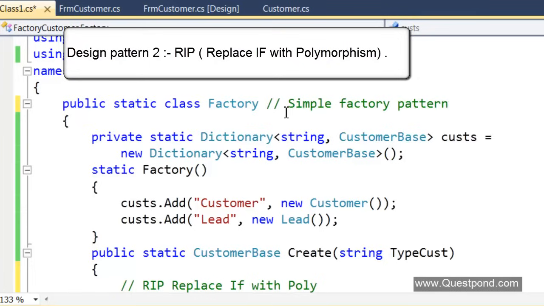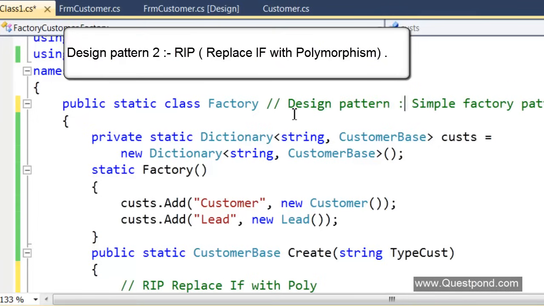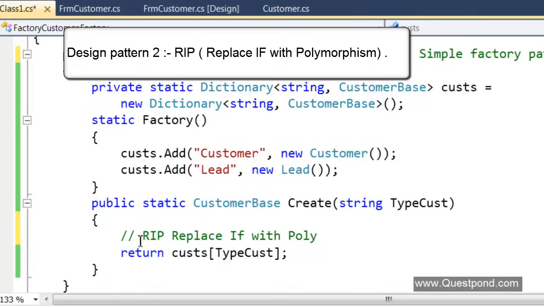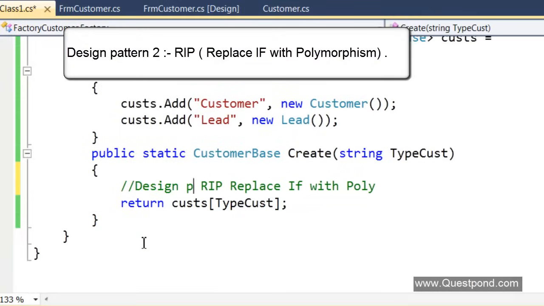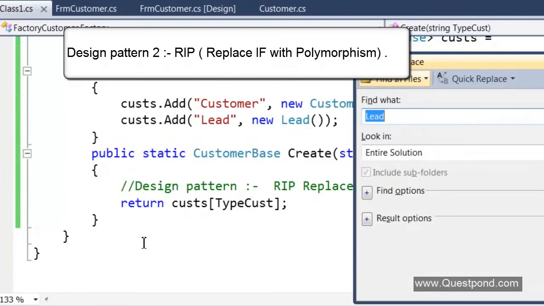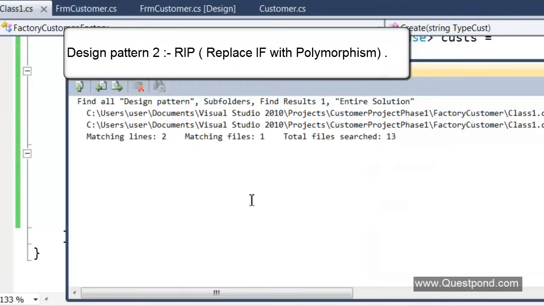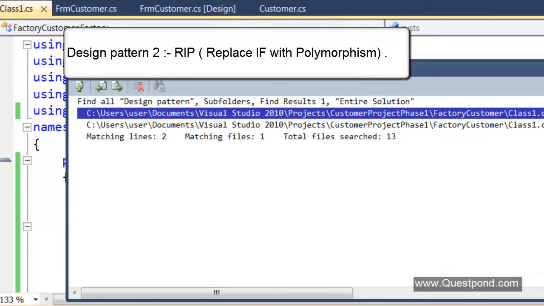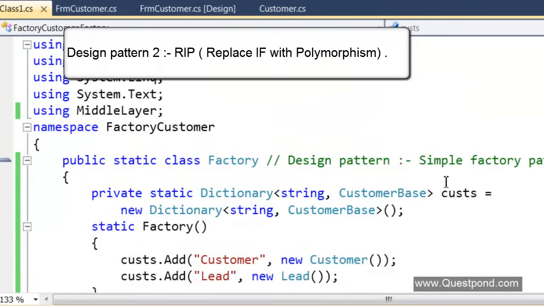So what I'll do is, all over the project, I will just put the words design pattern, right? And I will put the name of the pattern, design pattern and name of the pattern, so that tomorrow if you want to go and see, if you just do a Control-Shift-I, and search for design pattern, you should be able to straightaway go and see the references, right?